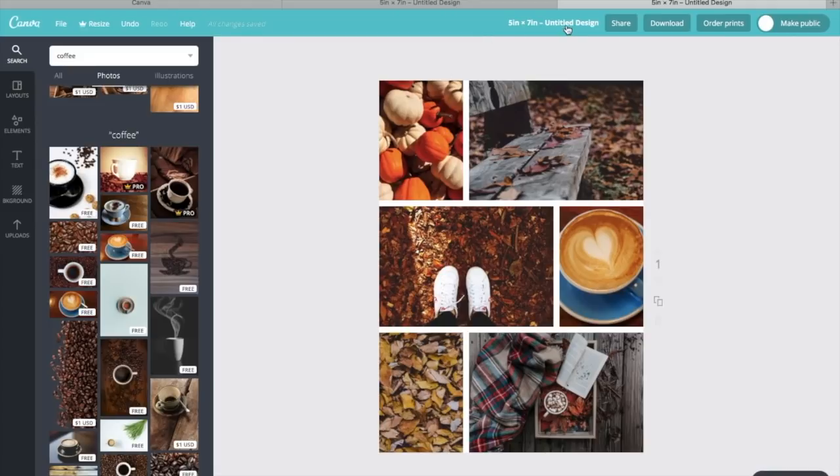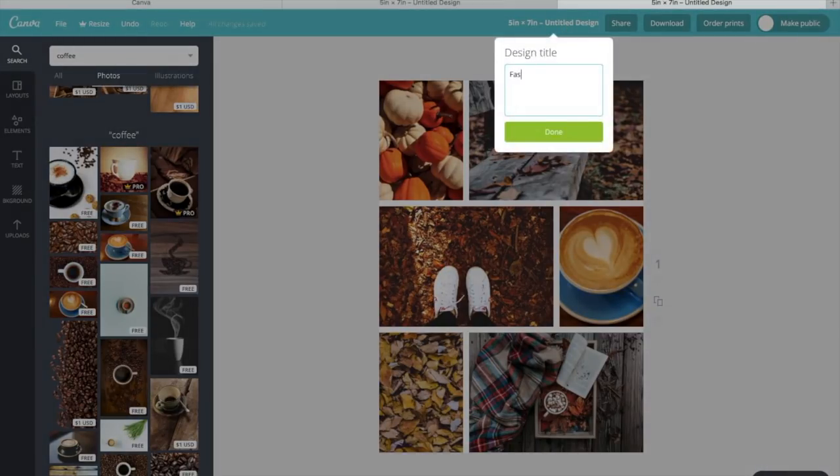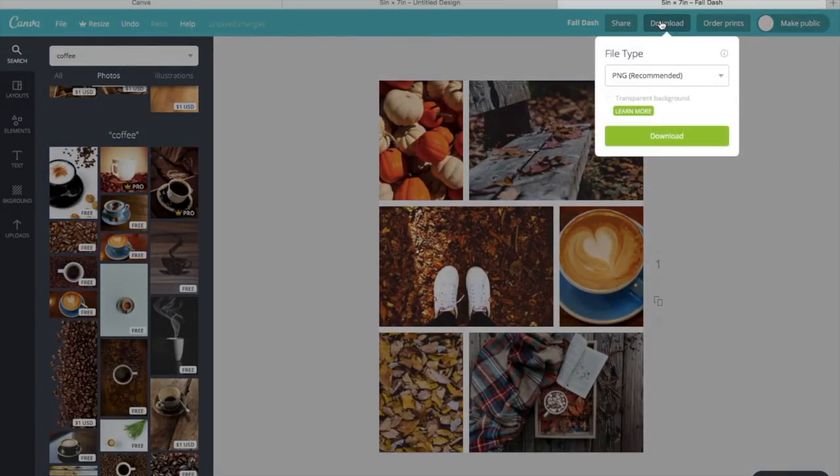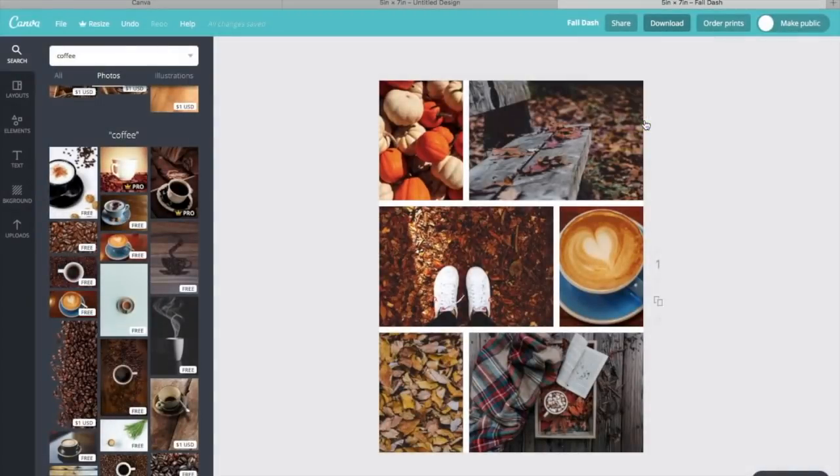Then you can save it under whatever name you want. I'm going to use Fall Dash and click Save, and then move over to the Download button that is 2 spots over from the name section, and then it has a couple of different options. And since I am ready to print it like it is, I am going to choose PDF Print and Download,